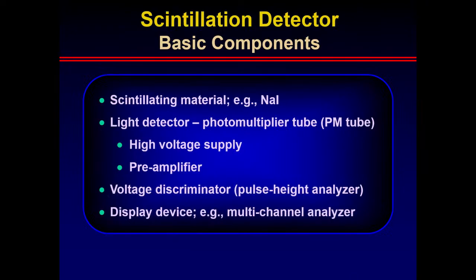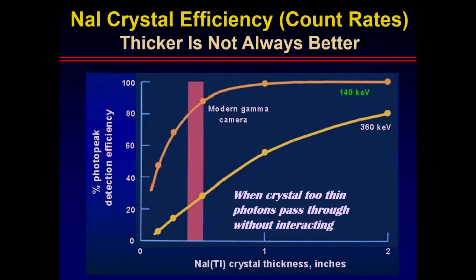All right, let's talk a little bit about detectors. Obviously, we talked a little bit about sodium iodide crystals. We also had photomultiplier tubes that amplify scintillations once they are emitted by the crystals. We have voltage discriminators, which tell us what kind of energy is actually being captured in the crystal. And then we have the display devices. There's also the concept of how much thickness you need of a crystal to really get optimal absorption, photoelectric effect in terms of scintillations,